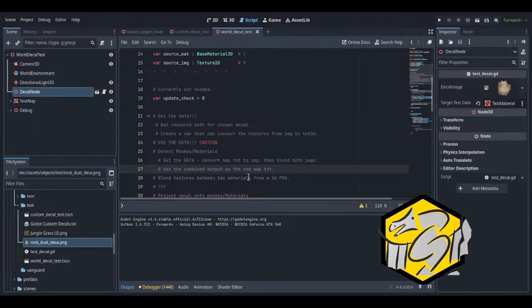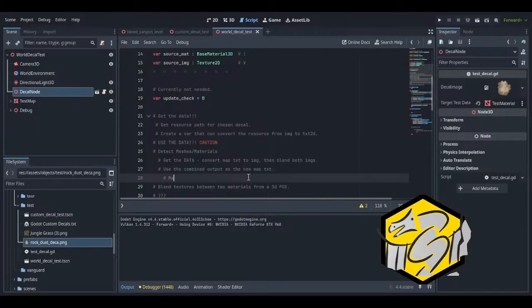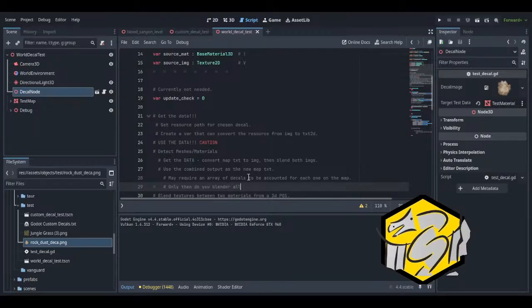Blend them together, then apply it. May require an array of decals to be counted for each one on the map. Only then do you blend all of them together to map.